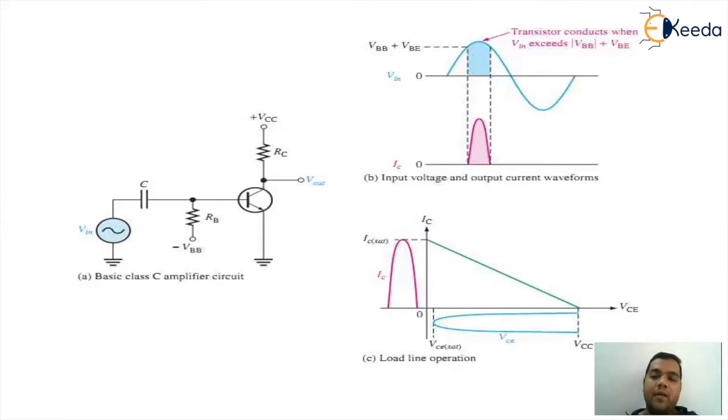In the lower diagram, you can clearly observe the variation of current versus voltage graph, which justifies that the angle of conduction is less than 180 degrees in Class C circuitry. The overall efficiency of the Class C will be 90%. We don't have any theoretical analysis for this Class C circuitry.